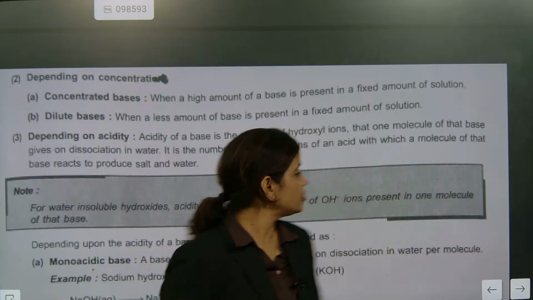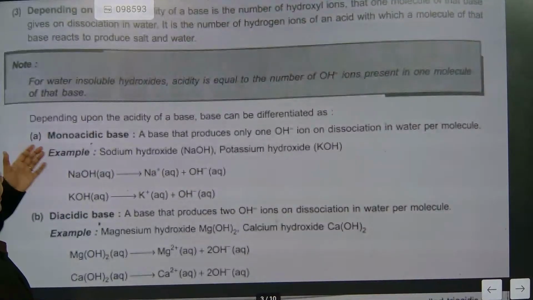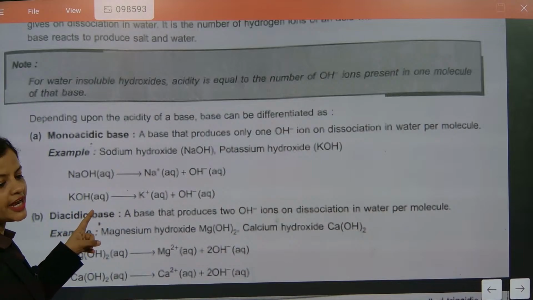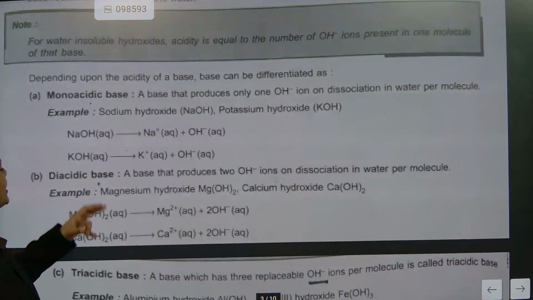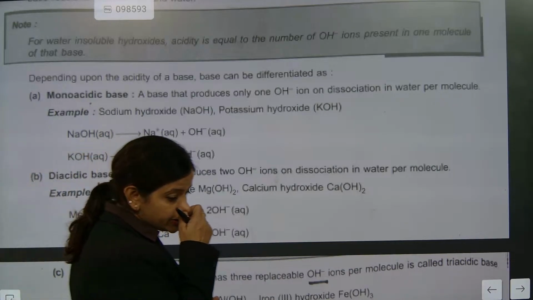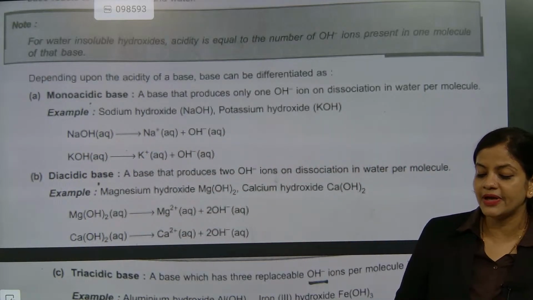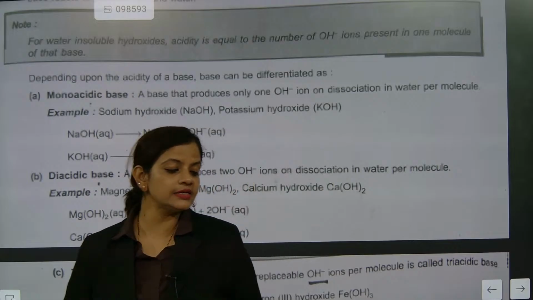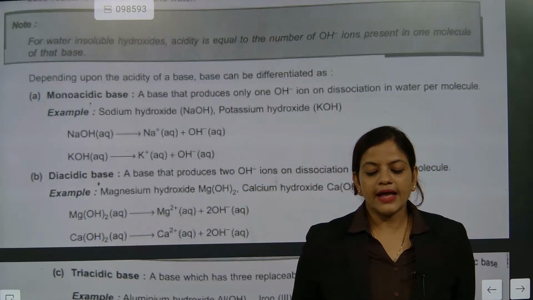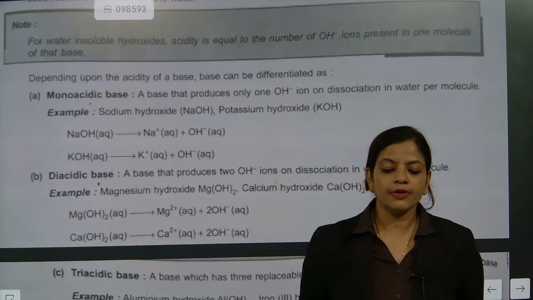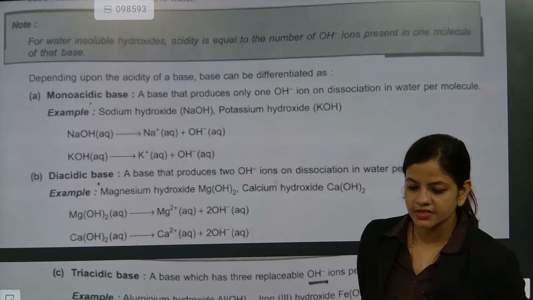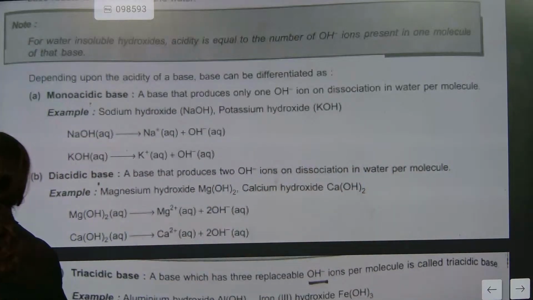Ready now? So we will go with the next one. Just now we discussed monoacidic. Sodium hydroxide and potassium hydroxide are mono. Diacidic base, magnesium hydroxide. Write down diacidic bases. Name at least the diacidic bases you remember, because once we finish chemical and physical properties, after that we will start question answer sessions. Understood or not? So come on, go for it.